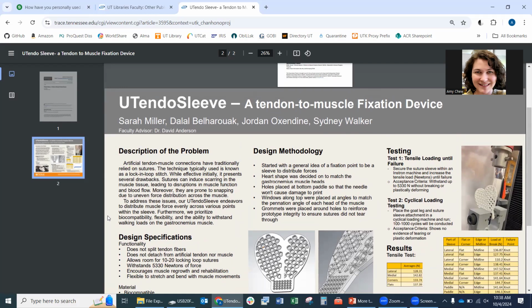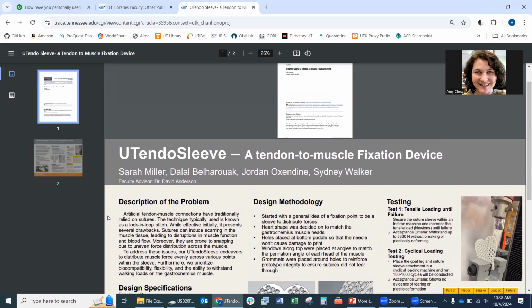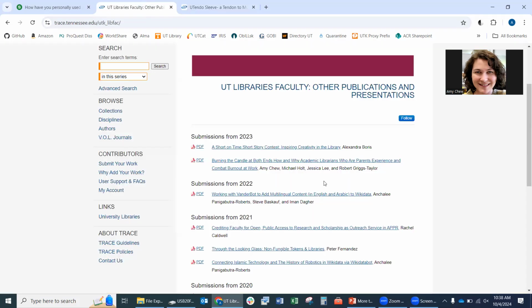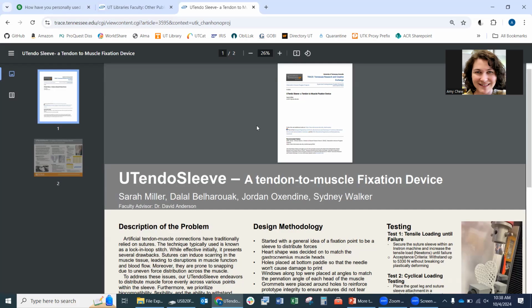So this is just a great example of what that can look like. When they upload to Trace, they get this little guy here that's hard to see just from the nature of this being a poster, but they do get a little cover page that explains who they are, how to cite it, all of that good stuff. And that automatically happens when they upload there. So this is just one example of some of the amazing things that they can do.